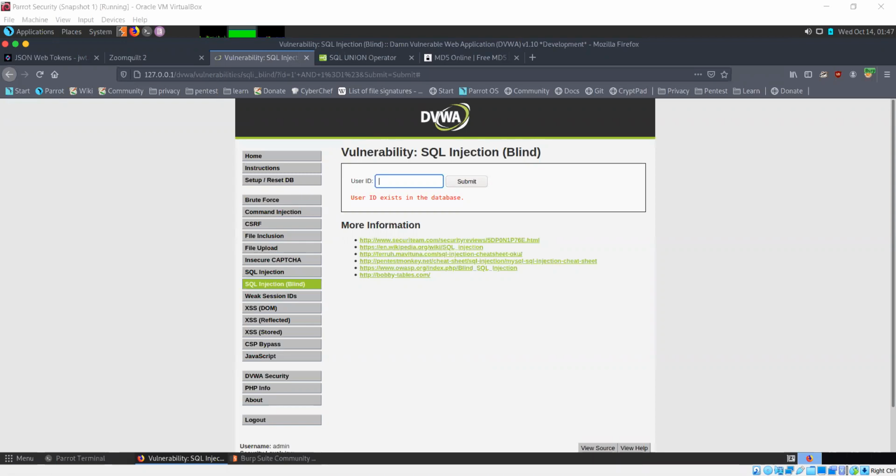So the result tells us that okay, this ID that you're checking, it is present in the database. And if whatever condition you specify is false, then in that case we'll see something like, let's say try and 1 is equal to 2. If I try this, then user ID is missing because this is a false statement. 1 is equal to 2 will always be false.